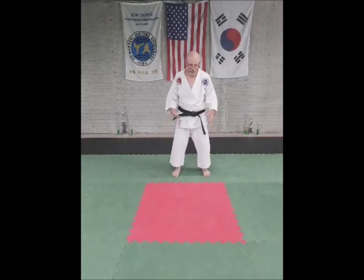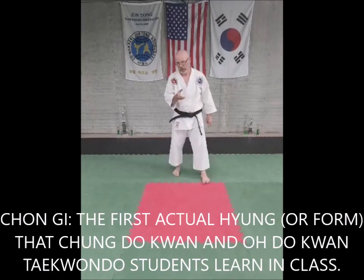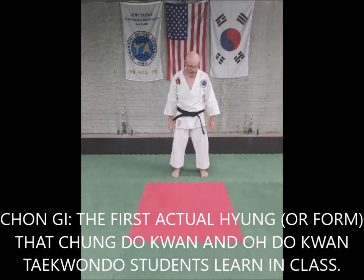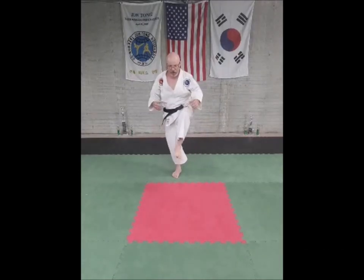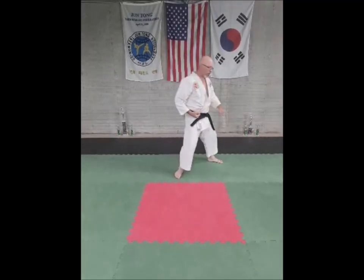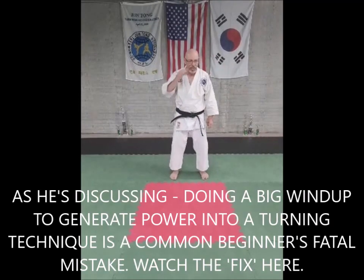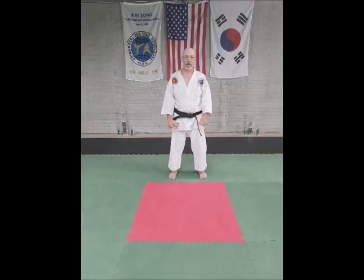So remember in Chunji, we're starting here, and we go like this, right? Whoa, no, that's not right. But we do wind up doing a lot of that. So what we wind up doing is we kind of gear up, and then we try to load the throw. What we want to do is have our feet, hands parallel, we give the bow,